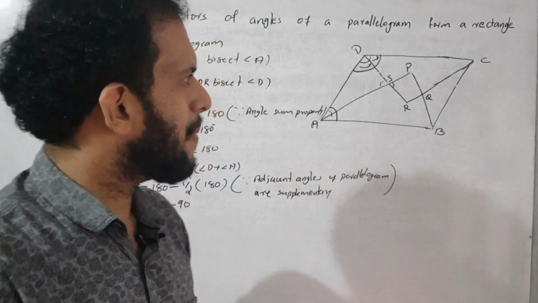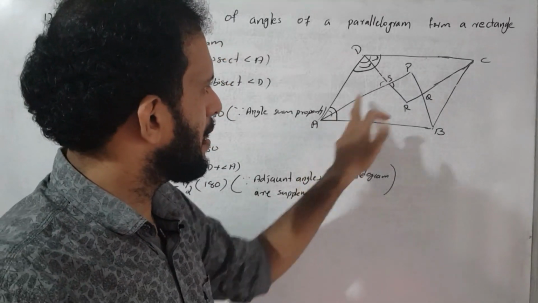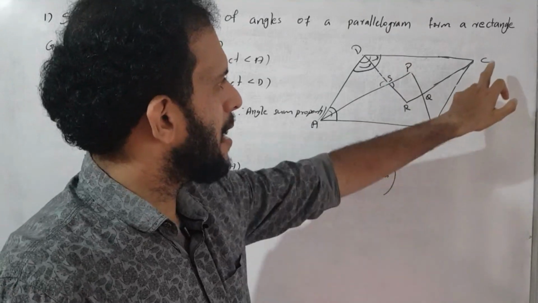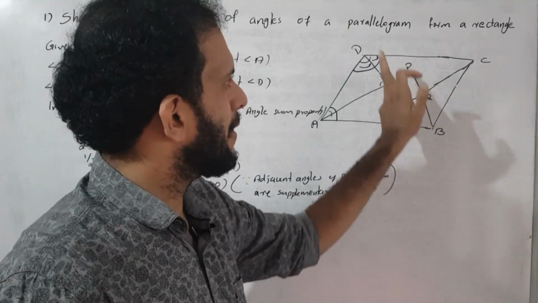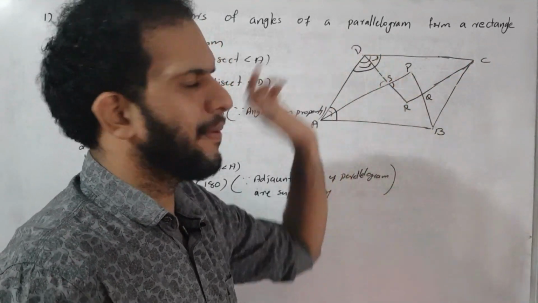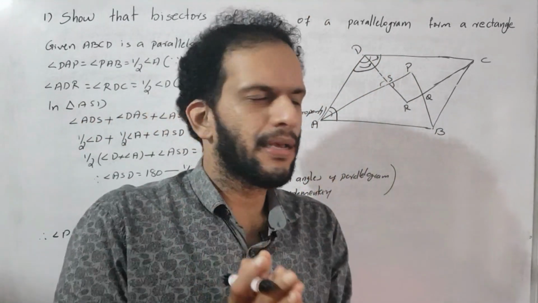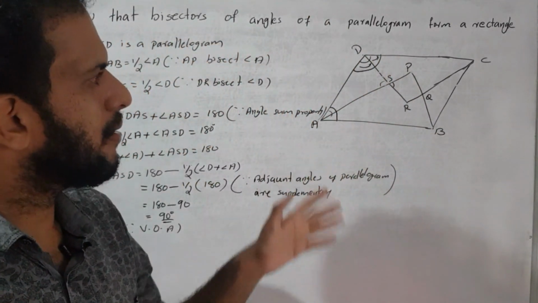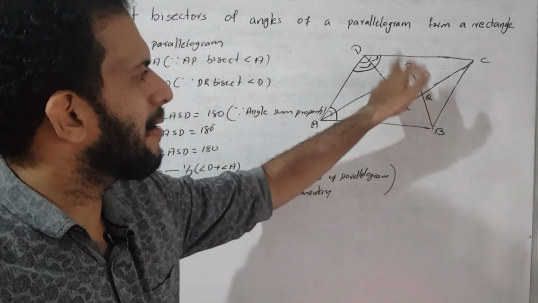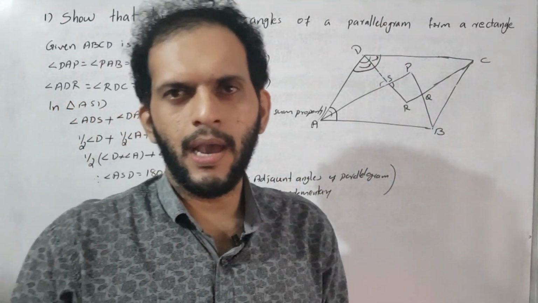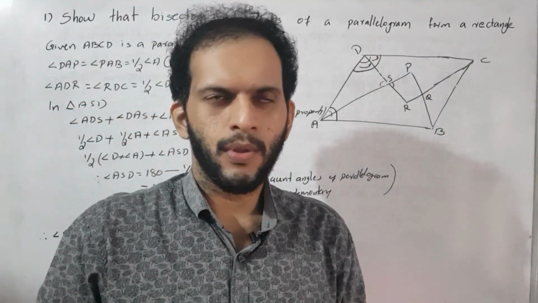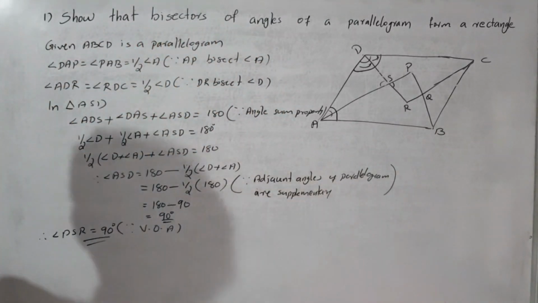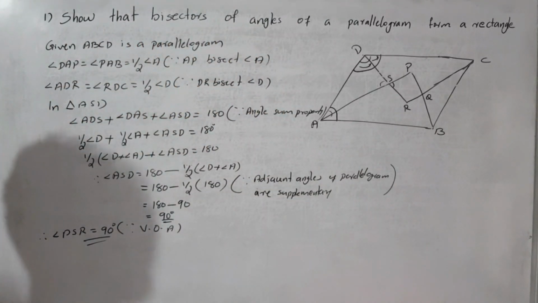We use the same idea in all the cases of triangle APB and triangle CQB and triangle CRD. We use the same idea in the case of these three triangles. Then we get all angles are 90 degree. Okay, all angles are 90 degree. So we are not proving everything, so we are writing directly.